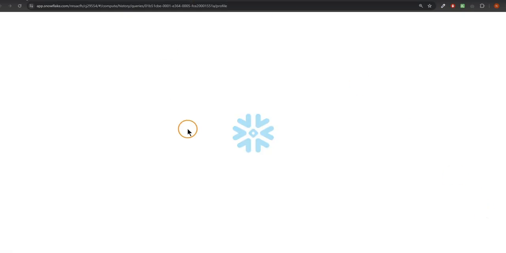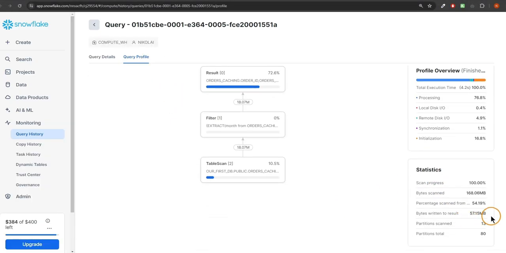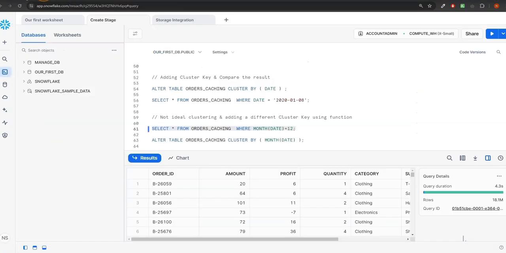If we have a look at this, we can see we now had to scan a few more partitions. So potentially we could break this down in a better way so that we don't have to scan through so many partitions. This is possible. We could use this expression that we also use in this where clause to cluster this table by. We could just alter the table and recluster it like this. This is something I wanted to emphasize: depending on the query, and on what expressions or columns we use, different cluster keys might be ideal. And of course, there's also a little bit of trial and error, and it just highly depends on the use case. But I hope